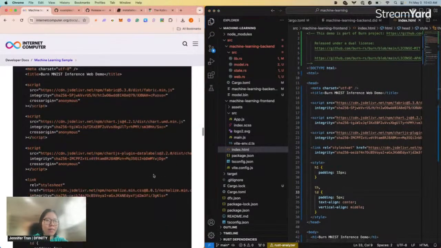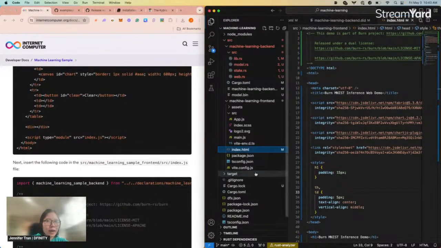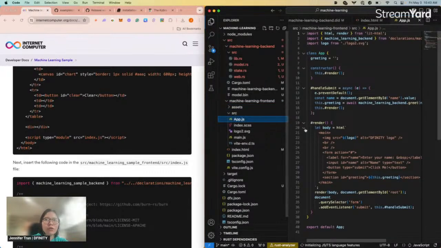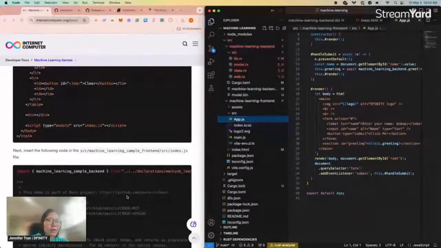It's already been built out for us in this case. And there's also an index.js that we can get access to, or should it be an app.js?